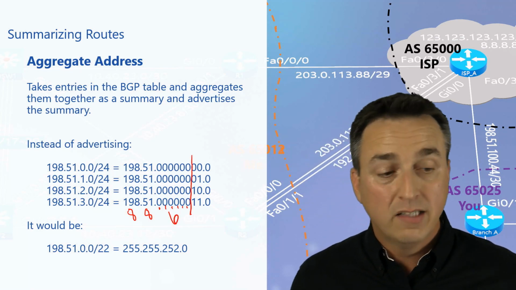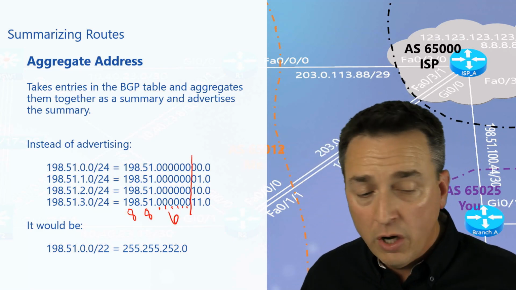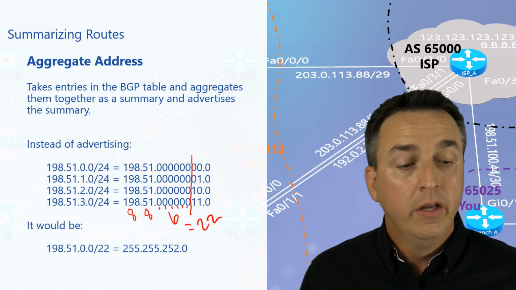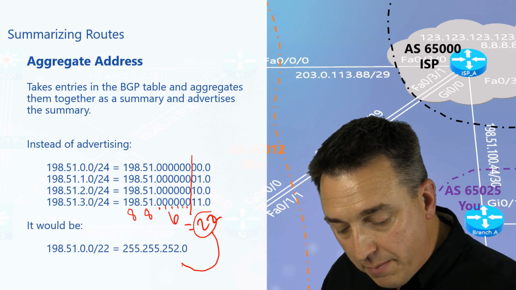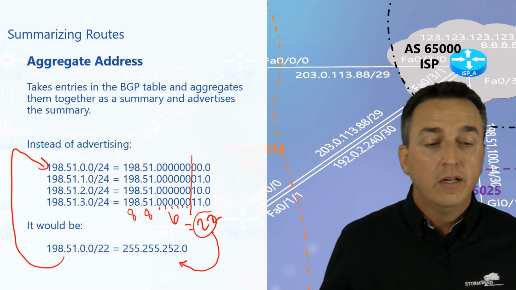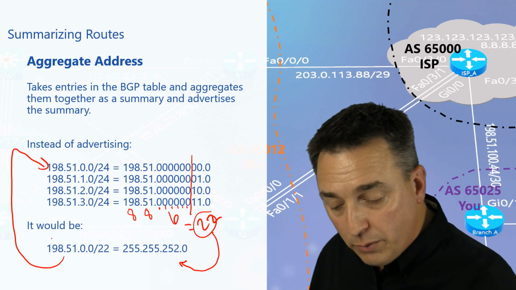So that's another 6. That's another 6. So 8 plus 8 plus 6 equals 22. So there is my new subnet mask. And then if I take this, that's the first one there, combine all that together, this would actually be my